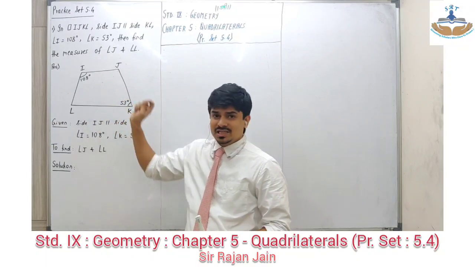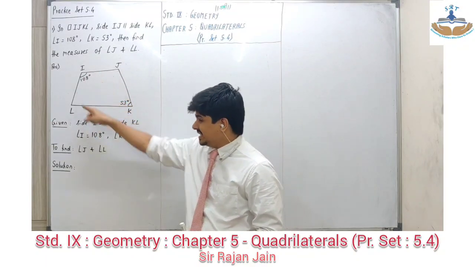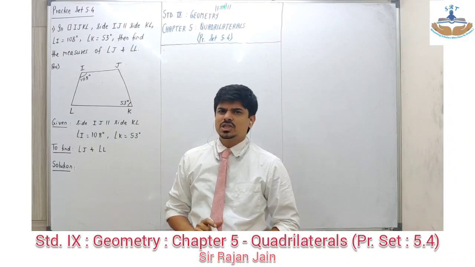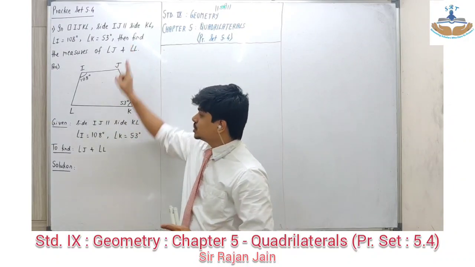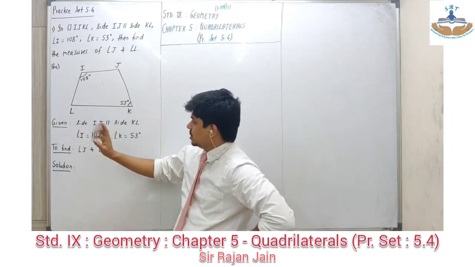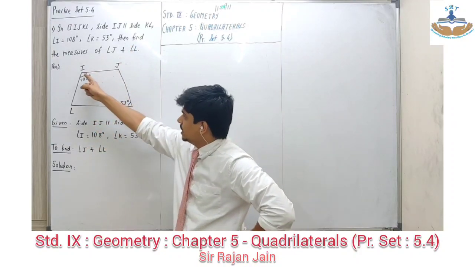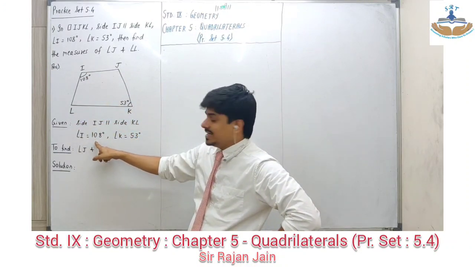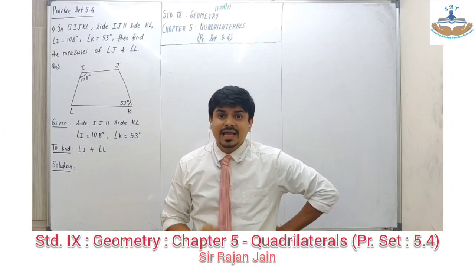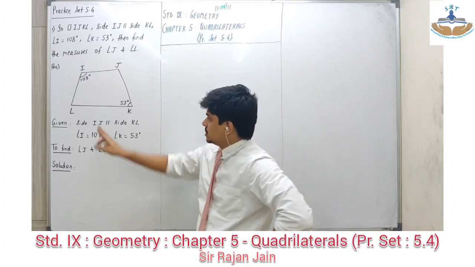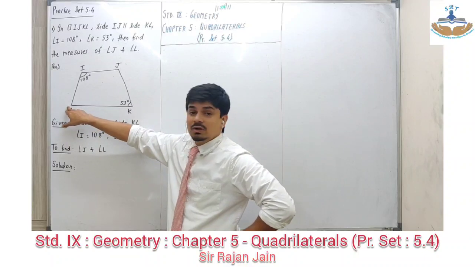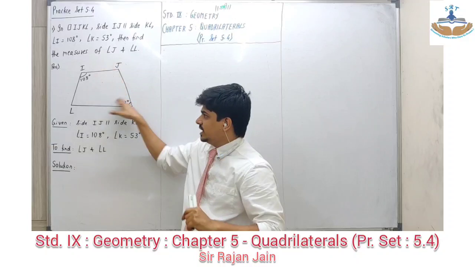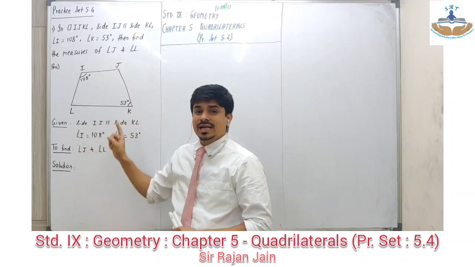And namings to be done in such a way that it has to go either in anti-clockwise direction or clockwise direction. कौन से भी vertex से चालू कर सकते हो. लेकिन the condition should be satisfied. What are the conditions? Look here. IJ parallel to KL. Look here. Is IJ parallel to KL? Yes. Then angle I should be 108 degree. मतलब मेरा angle I has to be an obtuse angle. So suppose if I name I over here, it will be incorrect because this angle looks acute. समझा? Basically when you are naming, be careful that the condition gets satisfied.